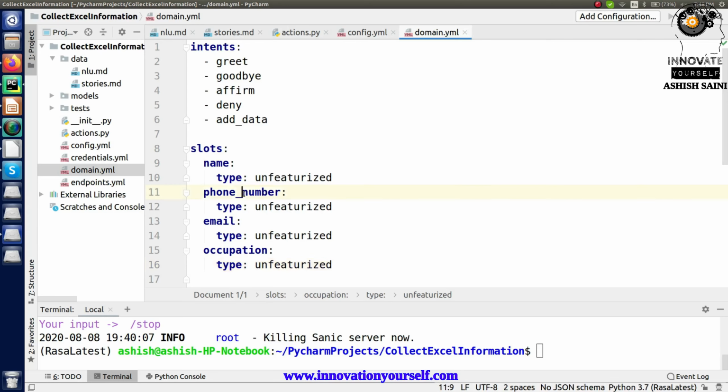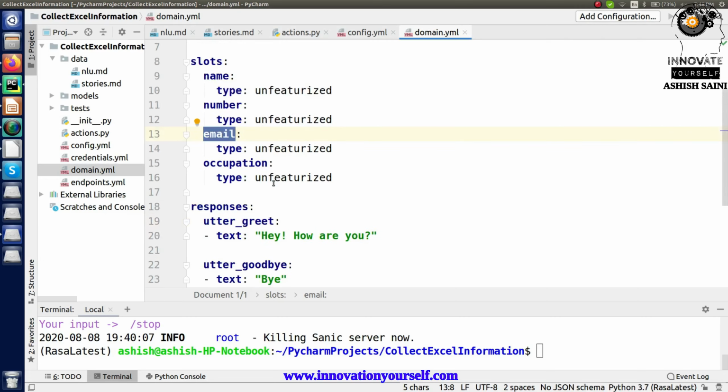And do one thing, for this part I will add this number, because right now to collect this number and email ID I will be using duckling. Duckling will allow me to directly pick those values and store them into my slots, right? So I don't have to do it separately, which is better for me. This is how I can do it. But in case you don't want to use duckling, you can directly use the regex function as well. So it's totally up to you how you want to use it, right? So this is all about that.